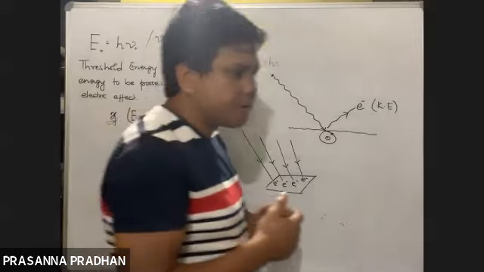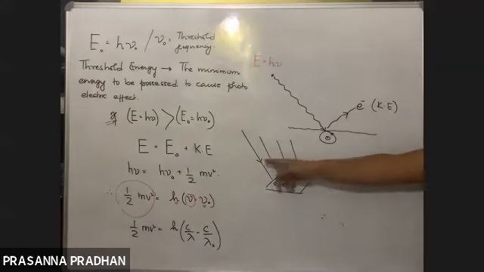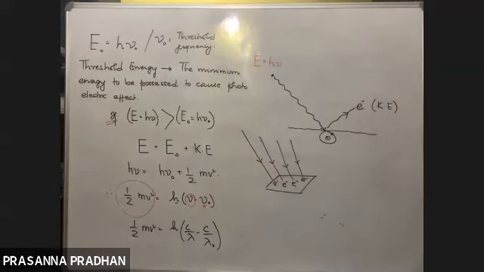That was the other observation. That means the intensity is directly proportional to the photoelectric current. So what was the third observation? The kinetic energy is independent of the intensity, because we know the kinetic energy depends upon the frequency, not upon the intensity. Whatever may be the intensity of light used, the kinetic energy will be independent of the intensity.